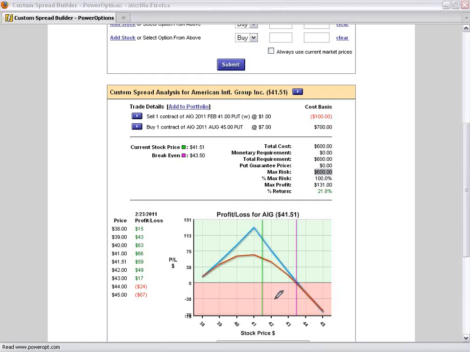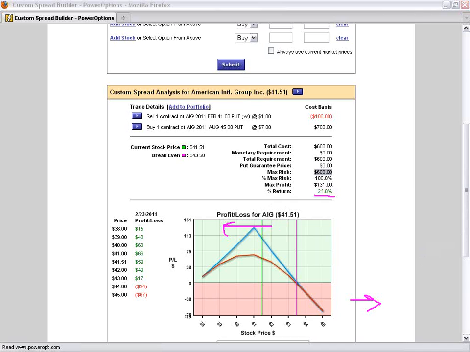If the stock gapped up severely and went to $60 or $70, the short put would expire, but my long put would expire worthless too, and I've got a $600 debit, or $6 debit here. I'm expecting the stock to move down in this case, and this isn't really your goal here, because we were talking originally about a naked put, which is neutral to bullish. By doing this diagonal spread, we're creating a bearish position, a standard diagonal spread where we buy the in-the-money call and sell an at or out-of-the-money near-term call, but still has a 21.8%.